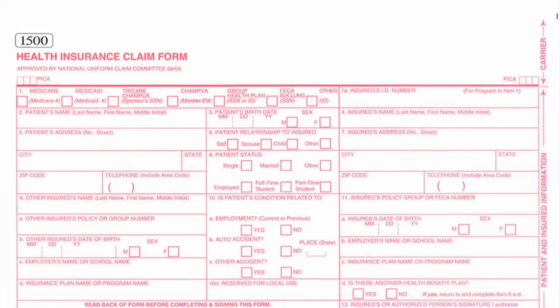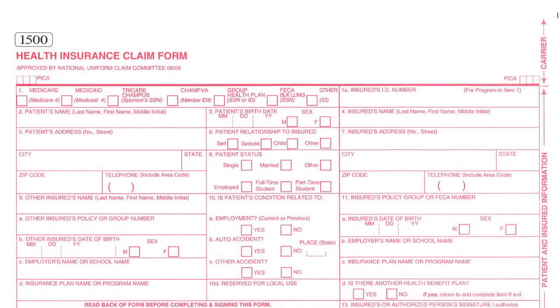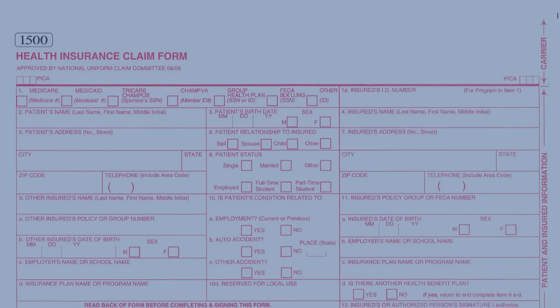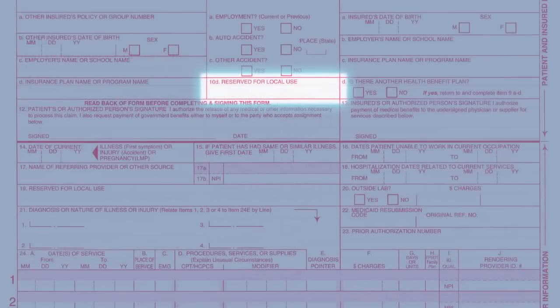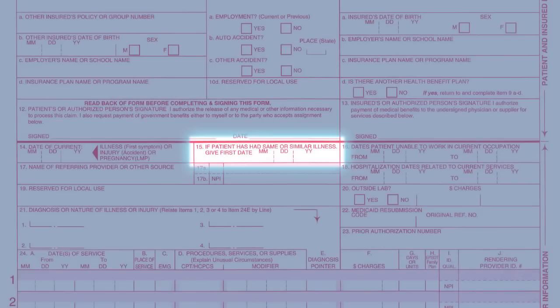Okay, let's take a look at the 1500 form. There are 33 fields on the form, of which 2 fields can always be left blank without worry, and that's field 10D, reserved for local use, and field 15, if patient has had same or similar illness, give first date. Now that we have those out of the way, let's talk about the fields that must be completed to submit